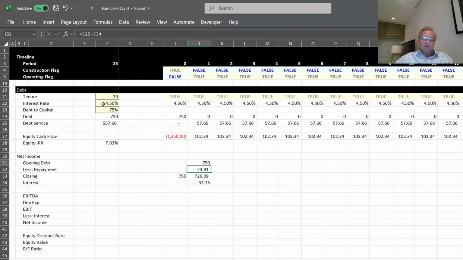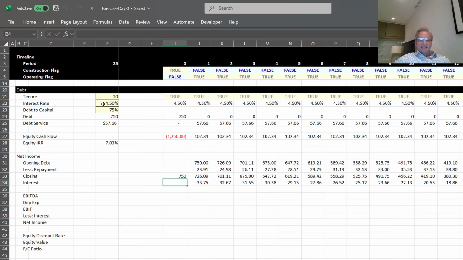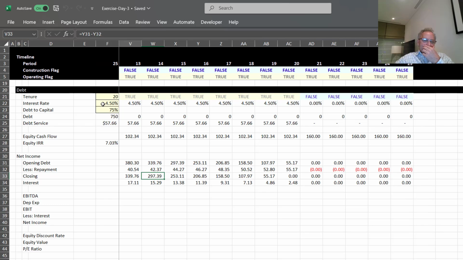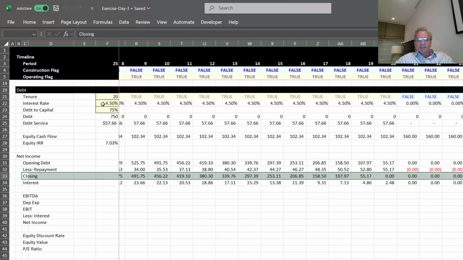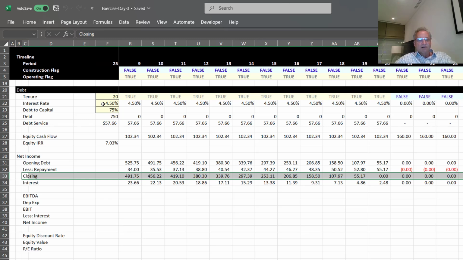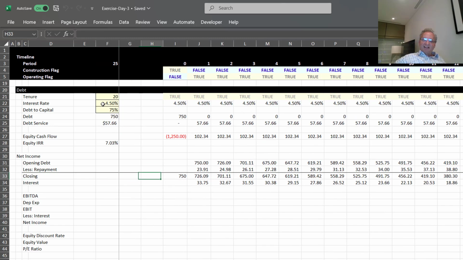I'll press Shift Control Q to get all this right, and we're long gone with our fancy little other things. So now we have our interest, and to just make sure it all works, it all goes down to zero at the end. So that's a really good check. And whenever you have a closing balance, people seem to press Shift Control E. And those people who said, "Oh no, don't show me any coloring," go to hell. Okay, and then let's put our